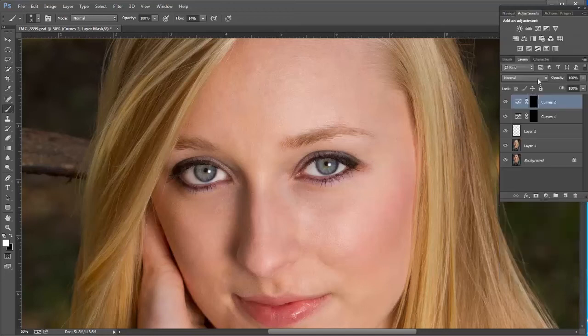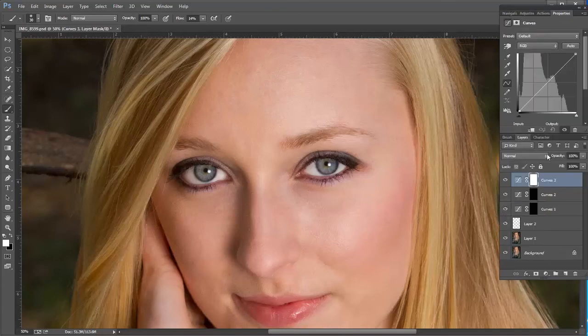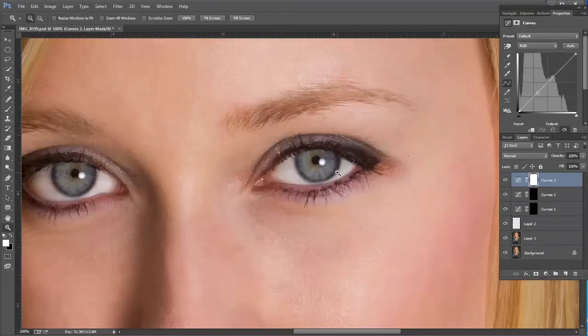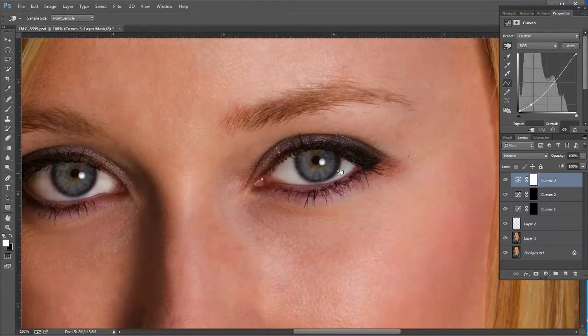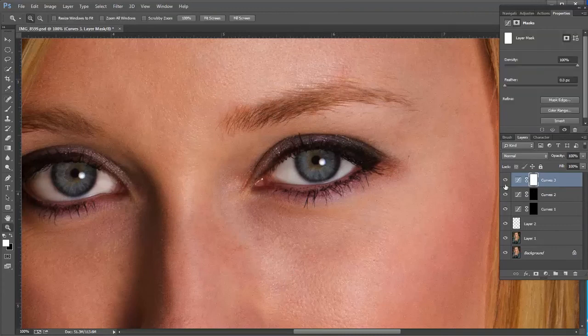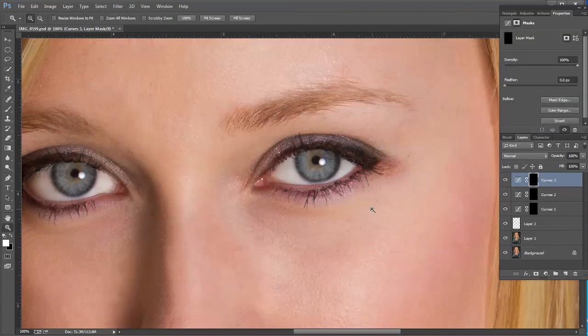And then I want to go ahead and get my darks. So I'm going to do another curves adjustment layer. You kind of see the pattern that we're doing here. I get this scrubby, and I'm going to get in here close. Let me get in here close so we can show you what I'm doing. I'm going to grab this area right here, this darkest area. I'm going to click on it and drag it down because I need to get that darkened. All right, go back to my layer mask, invert that mask,